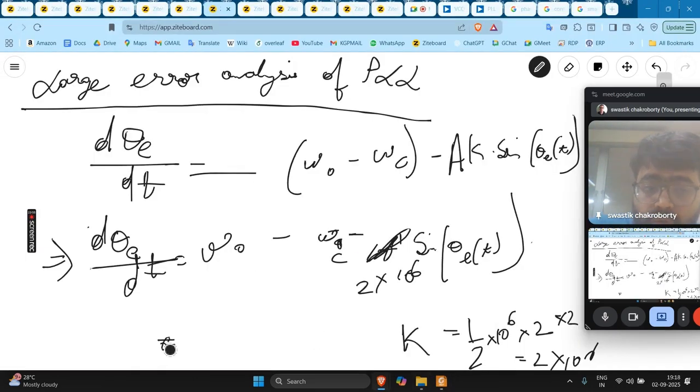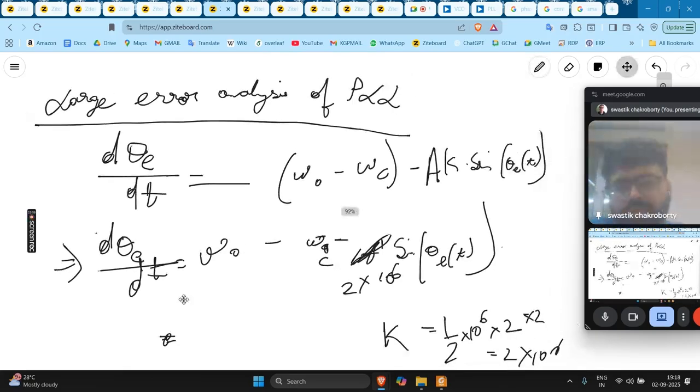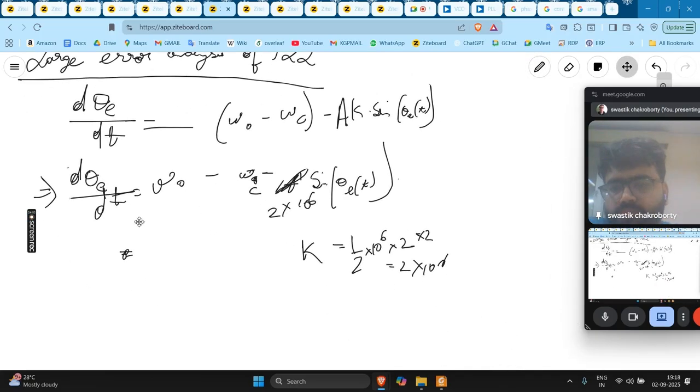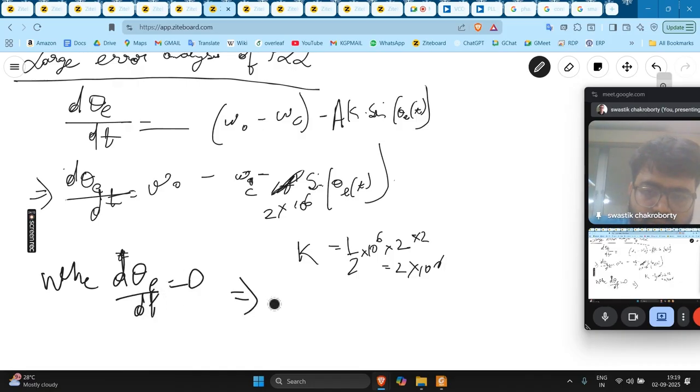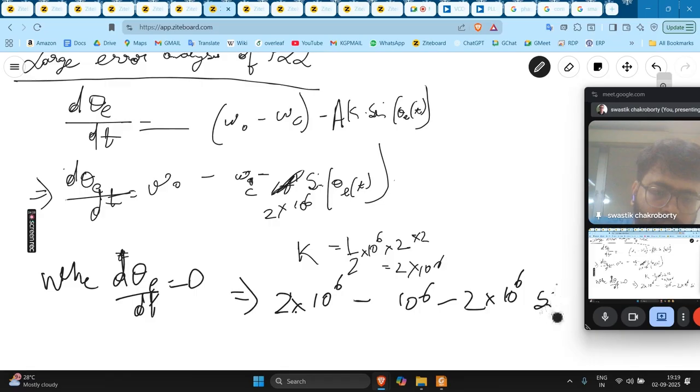Now we want to find the equilibrium value, that is, we want to find when d theta e by dt is 0. That means it has reached equilibrium. This implies here omega naught is 2 into 10 to the power 6 minus 10 to the power 6 minus 2 into 10 to the power 6 sine theta e equal to 0, which implies